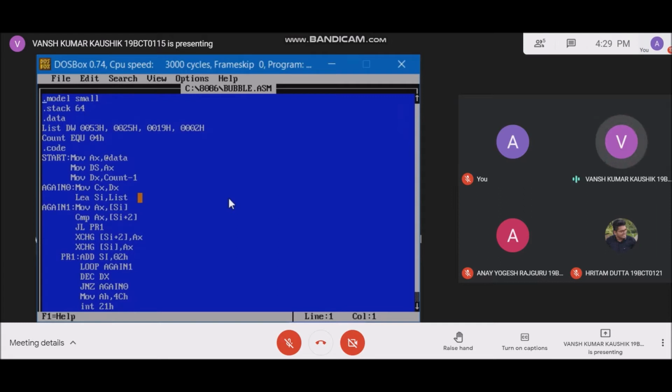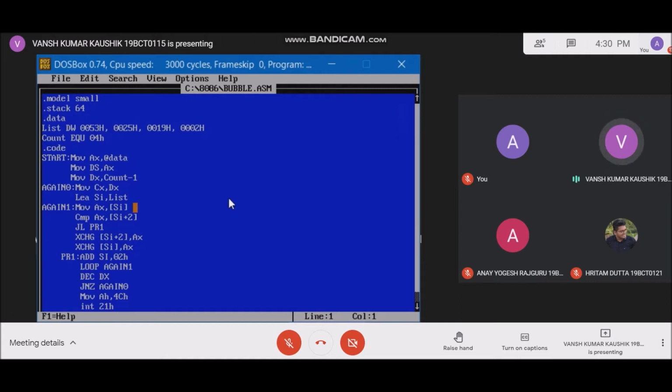Now as we have the offset address, we can use the statement mov ax, [si], through which the content pointed to by the source index will be moved to the AX register.